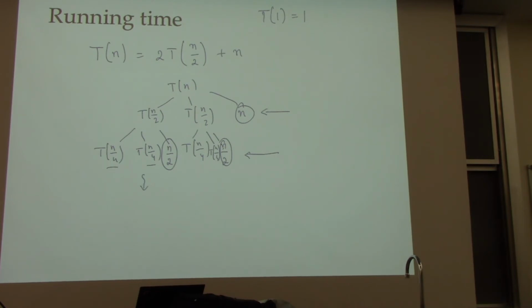So that's what you get, and then the next step, so we can observe what's going on, right? So you have 8 copies of T of n by 8 plus extra work adding up to. Okay, so same thing was true here, right? Here you had 4 copies of T of n by 4 plus work of n. The same is true here,